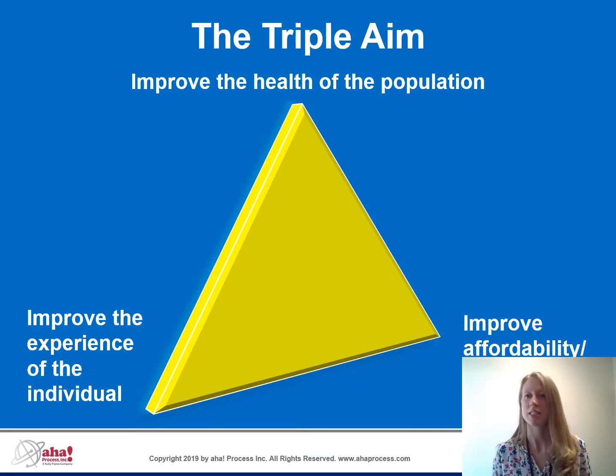By now, this concept is probably familiar to most of you. The triple aim is a framework developed by the Institute for Healthcare Improvement, or IHI, that describes an approach to optimizing health system performance. It is IHI's belief that new designs must be developed to simultaneously pursue three dimensions, which they call the triple aim: improving the patient experience of care, including quality and satisfaction, improving the health of populations, and reducing the per capita cost of healthcare.